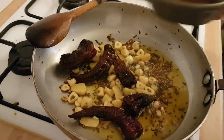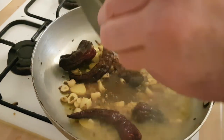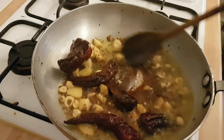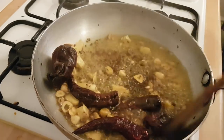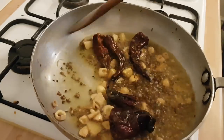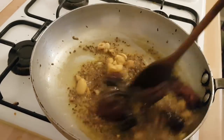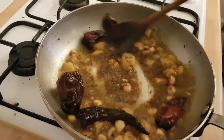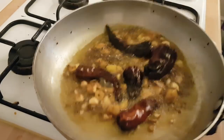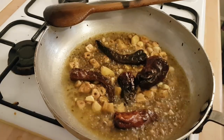Just starting to brown. You definitely don't want to burn your garlic or any of the ingredients for that matter. So do it nice and slowly. We've got quite a lot of sizzling there because we've got some lemon juice and the tamarind, which has got some water in it as well. Just want to make sure all that's stirred off. The sizzling will subside